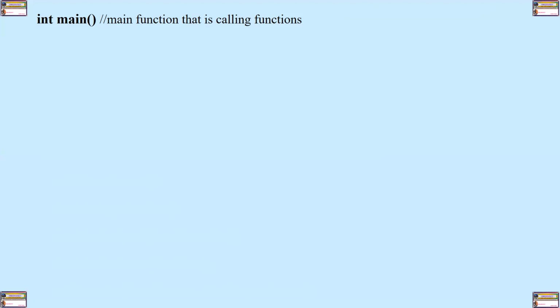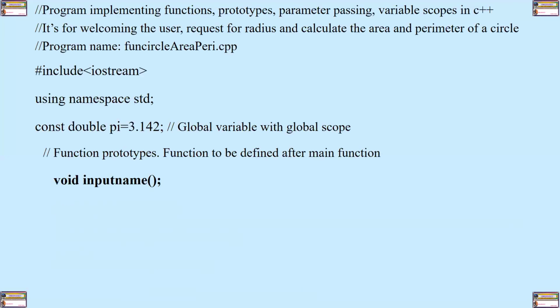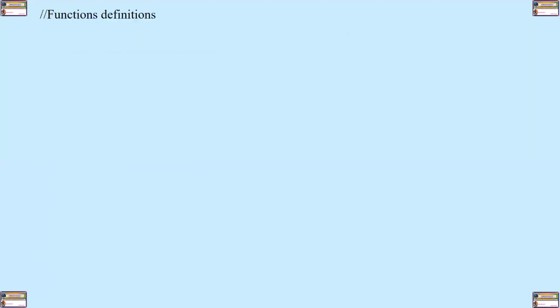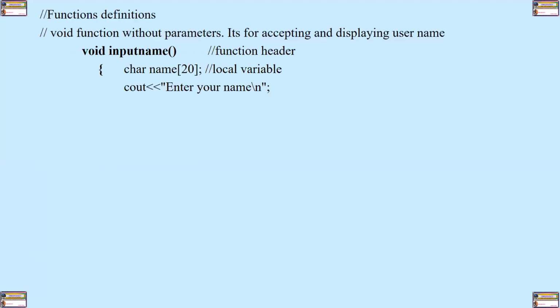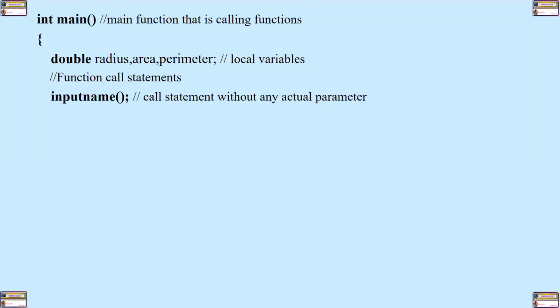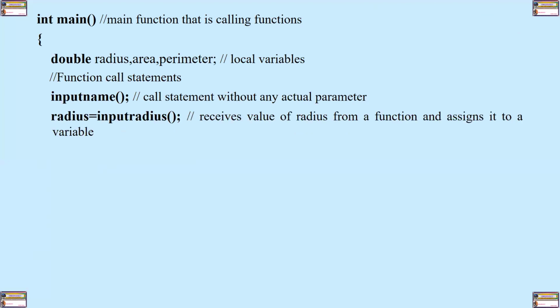It will go to the prototype, find out whether that function exists. Once it finds it, it then goes to find where that function has been defined and performs the task there. And then once that function is done, the control is taken back to the caller,